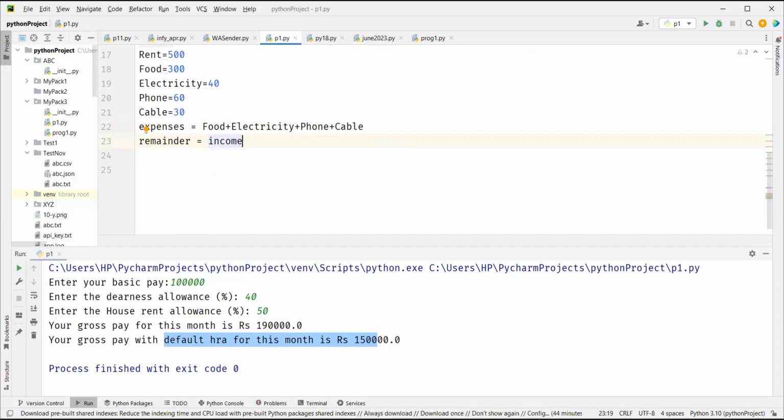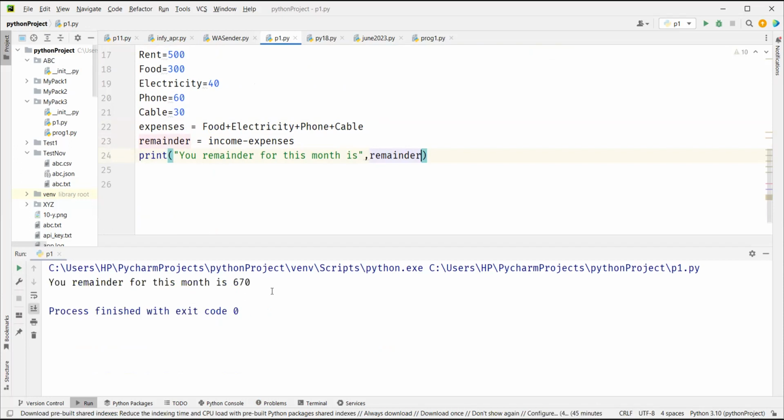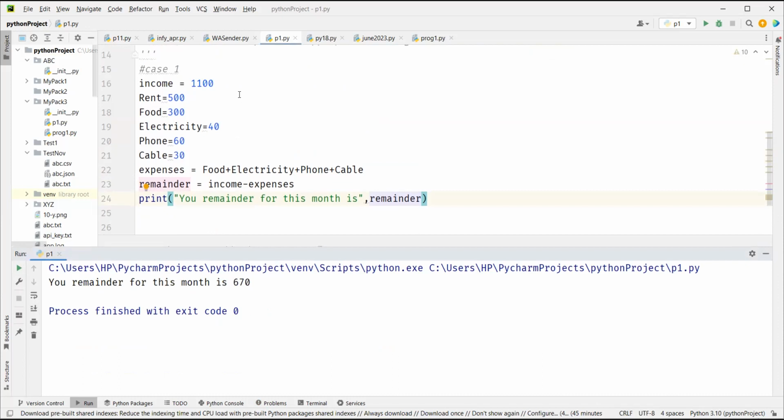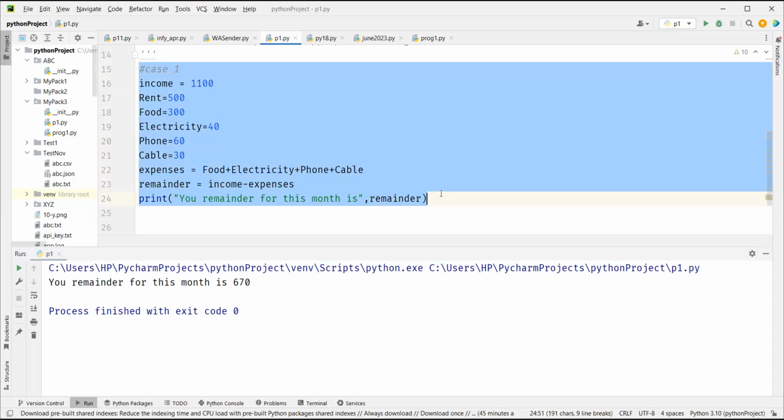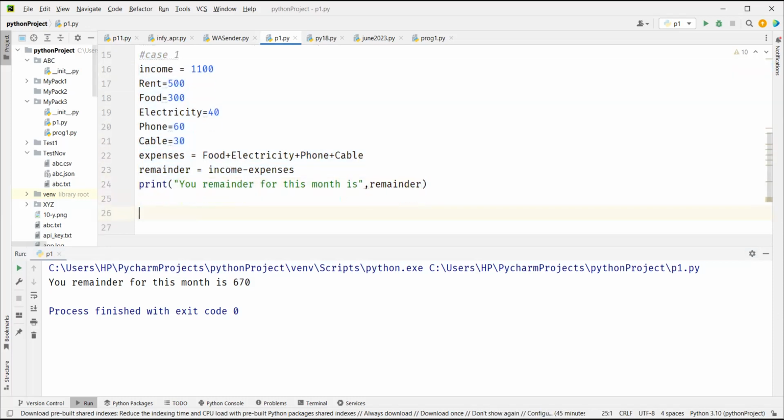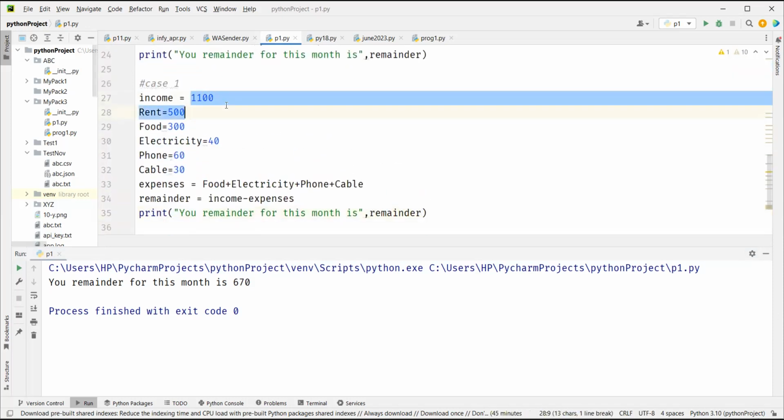So remainder equal to income minus expenses, right? And now you'll say print your remainder for this month is remainder. Now when you run it, 670. It has done the calculation and given you 670. This is case one. Now it says case two is input everything from the user, right? So we will input everything from the user. So here you will say